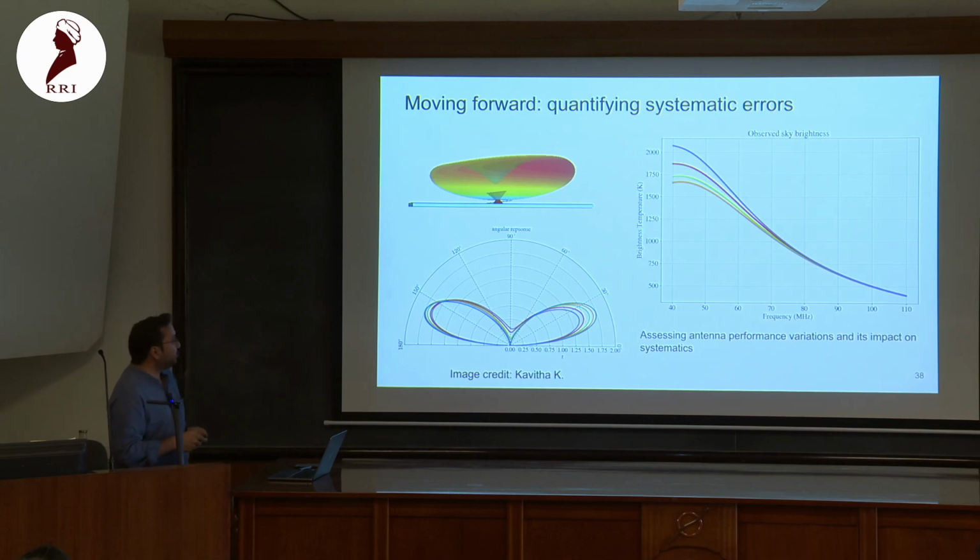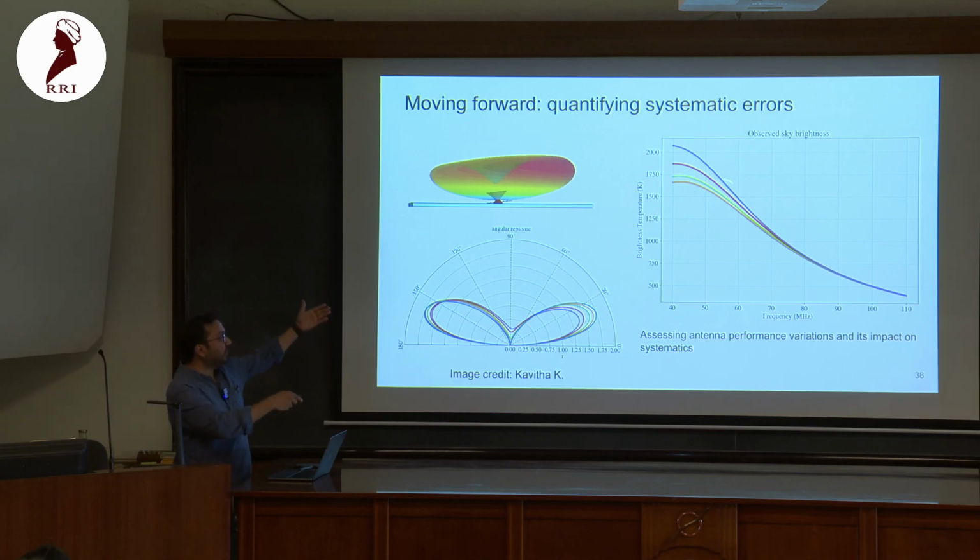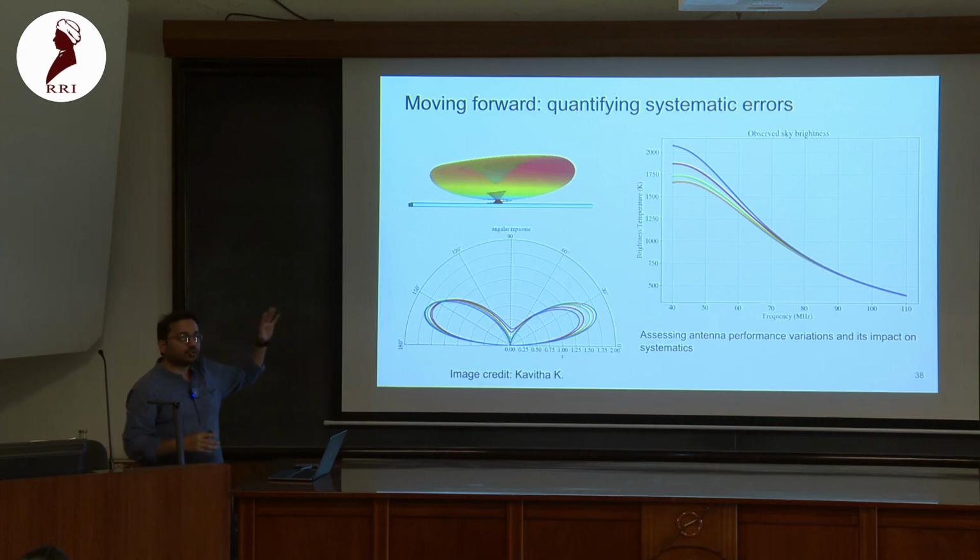Coming back to Urbasi's question about what kind of systematics we may expect because of antenna instabilities and all different things, this is where Kavita has been working a lot. So we can assess our systematic uncertainties because, for example, there is a tilt in the antenna and how the beam changes, and correspondingly how the impedance changes, and what we measure may depend on these instabilities. So basically we are at a stage where we are doing all these sets of simulations to understand these effects and what is basically allowed.